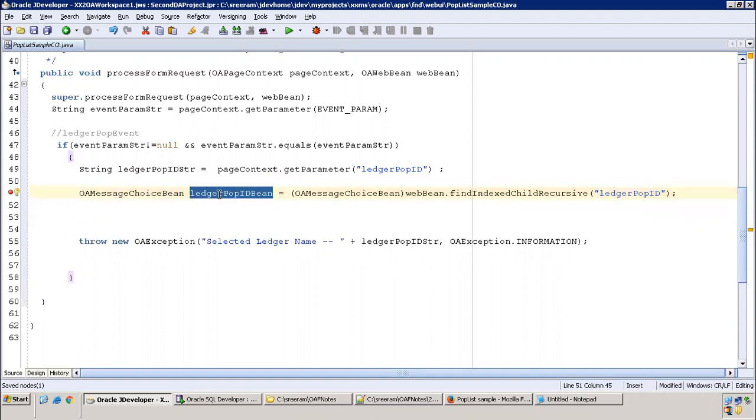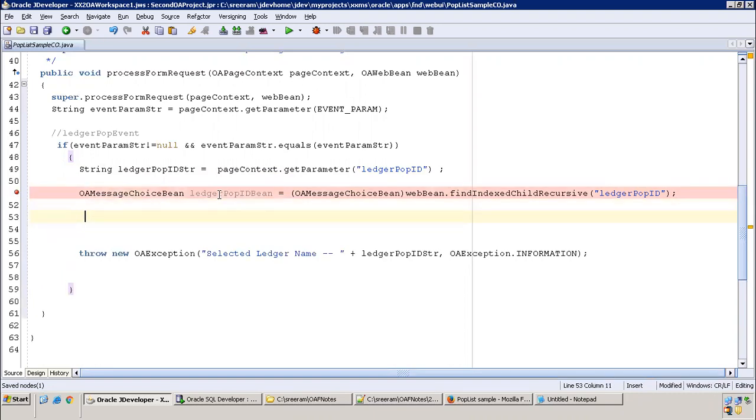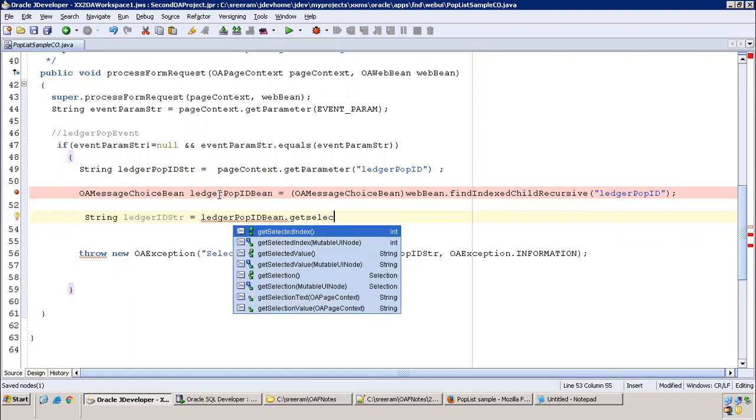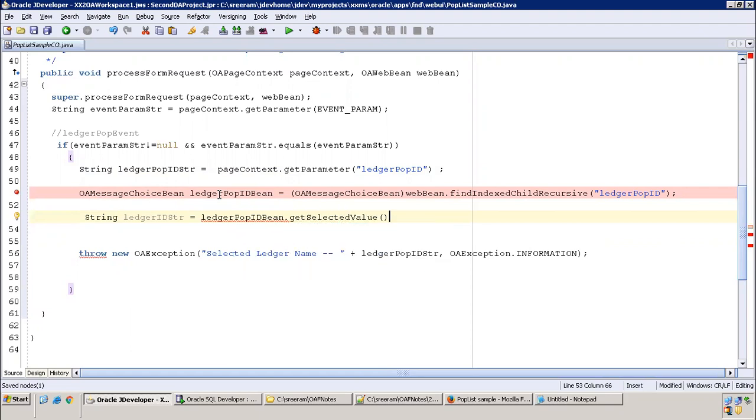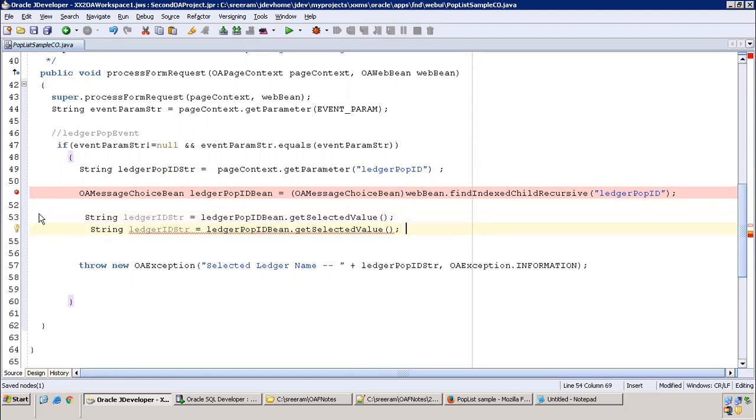Now using this particular Java Bean, we can get the respective values. So let us say I want to get the ledger ID. Ledger ID str is equal to popbean dot get selected value. This is for the purpose of getting the ID. Now similarly, I can get the ledger name differently. Ledger name is equal to get selected text.